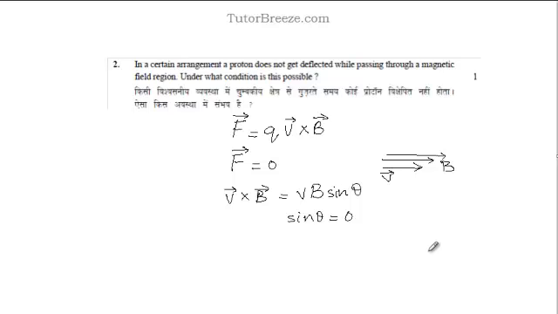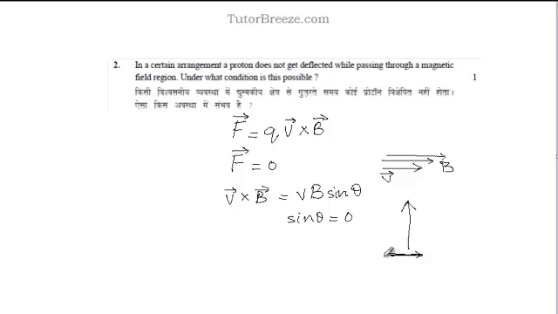Now just a little bit of extra information in this. Say you have a magnetic field in this direction and a charged particle enters in this direction, which means the angle between the velocity vector and the magnetic field is 90 degrees. In that case, the charged particle will move in a circular path around the magnetic field. It's like the charged particle starts going around the magnetic field. Now this is if it enters in a horizontal direction.